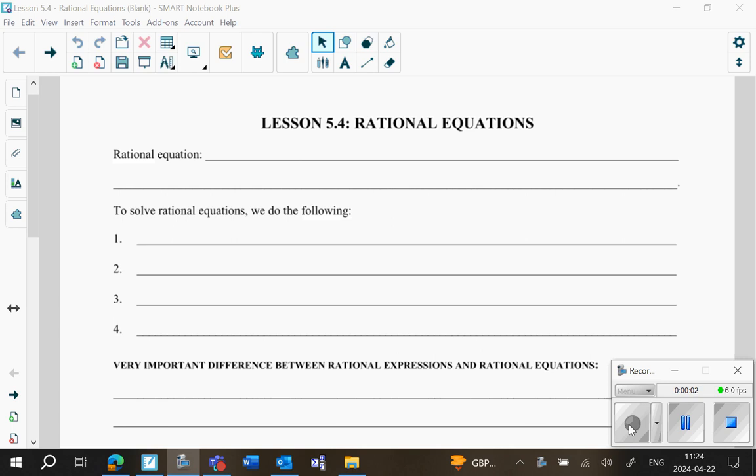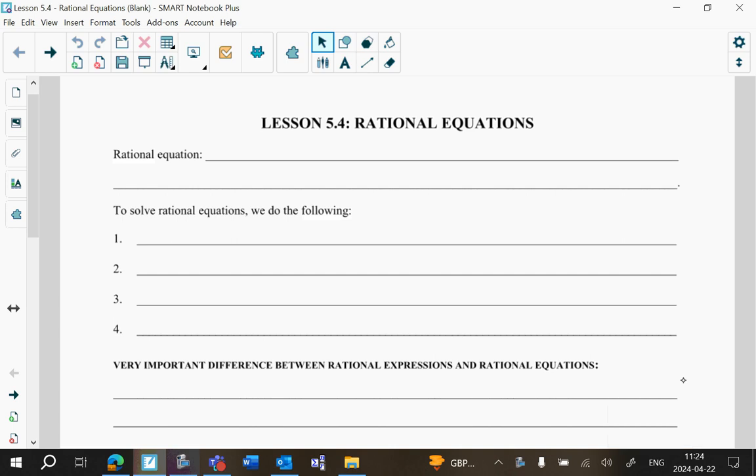So far, we've been talking about rational expressions. The last thing we're going to talk about are rational equations. What are rational equations? Well, they're expressions that equal each other, where at least one of the expressions is a rational one. Right? So a rational equation